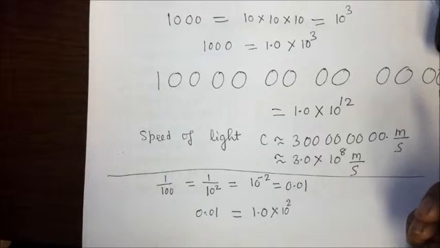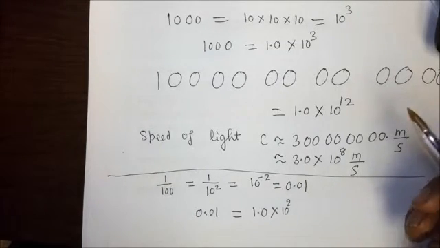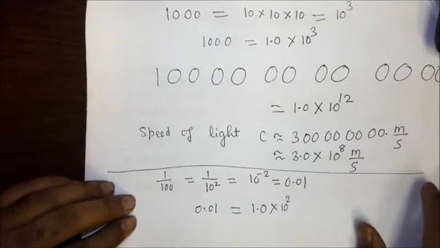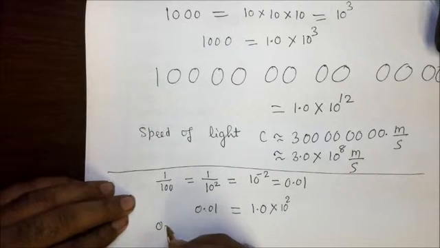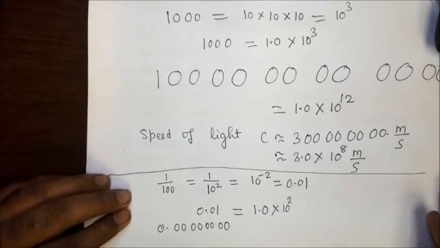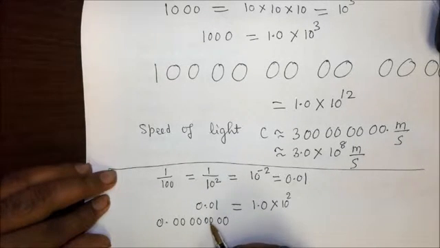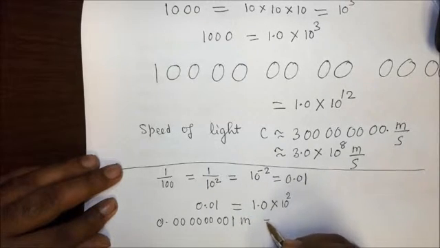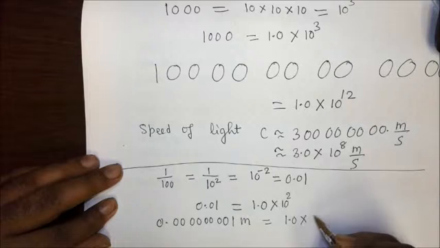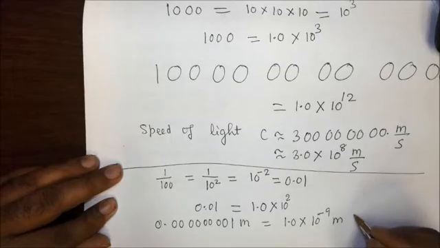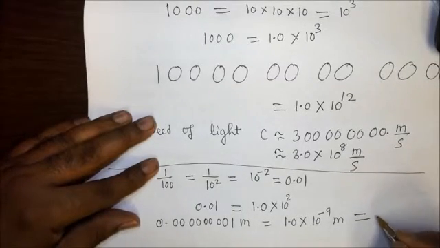Their size is a micron, their size is a nanometer, and so if something is 1 nanometer, it means 0.000000001 meter. This can be written as 1.0 times 10 to the power minus 9 meters. Also if you write in the language of prefix, this can be written as